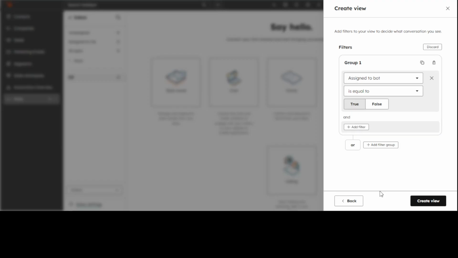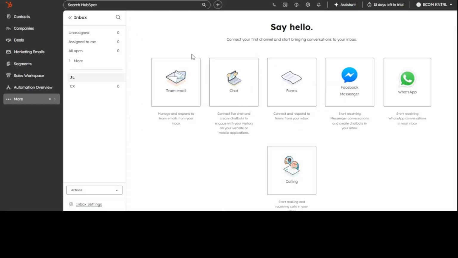When your filters look right and the preview matches your expectations, click Create View. HubSpot will add your new custom view to your inbox, making it easy to switch between your default views and the tailored ones you've built. From now on, your team can focus on exactly what matters, whether that's urgent requests, unassigned messages, or conversations tied